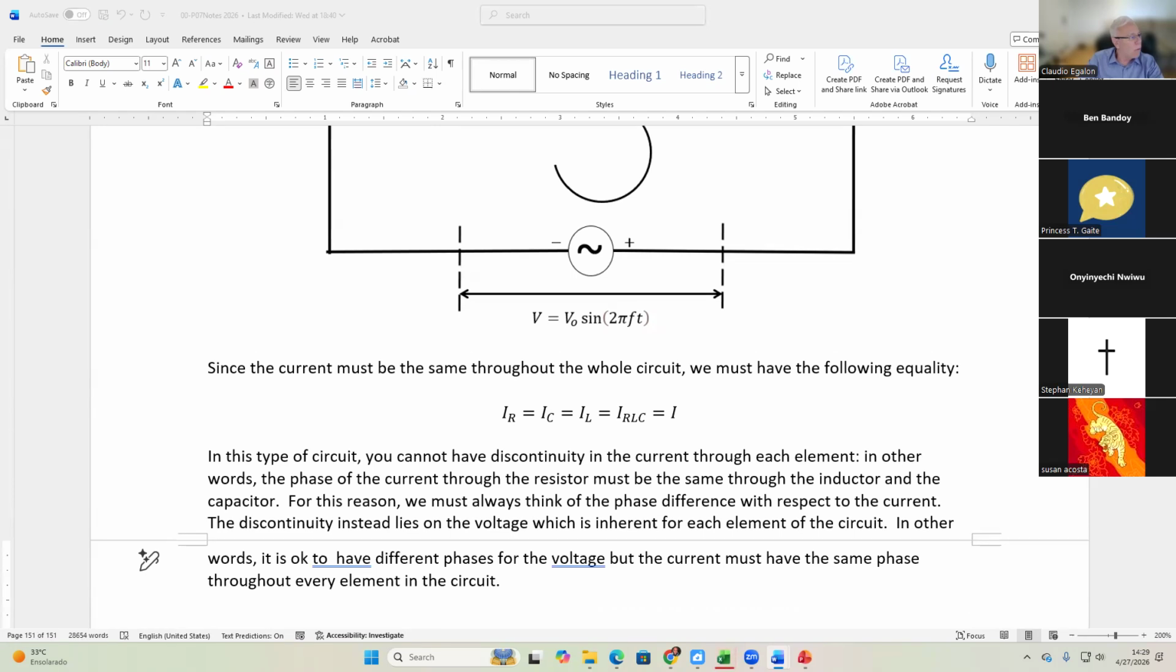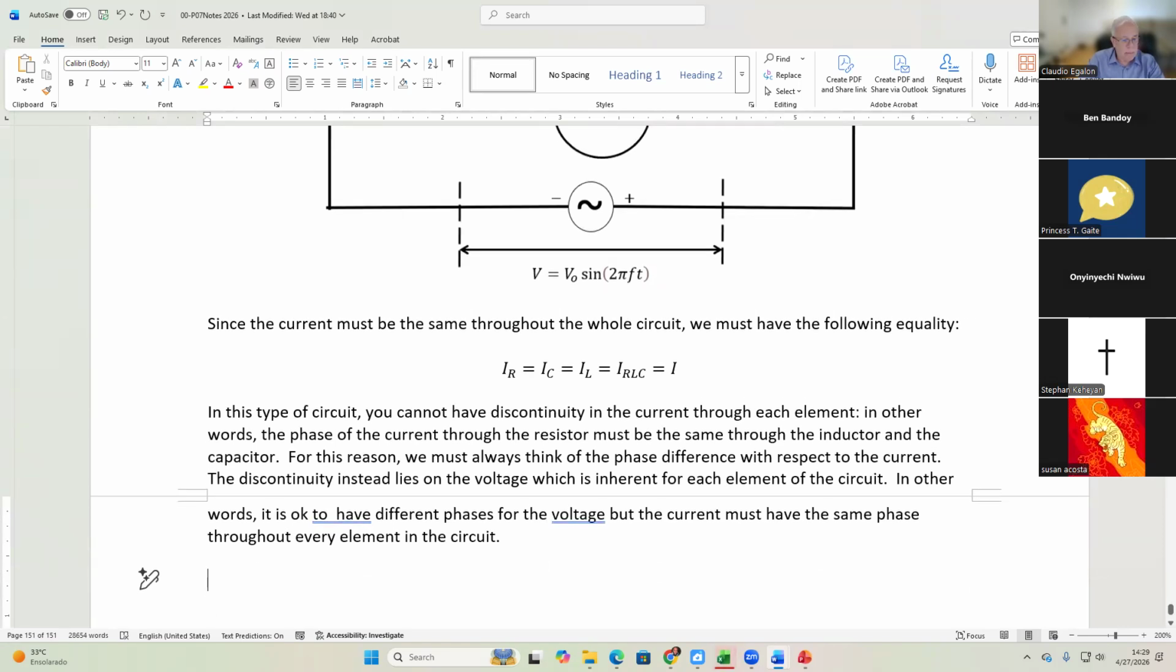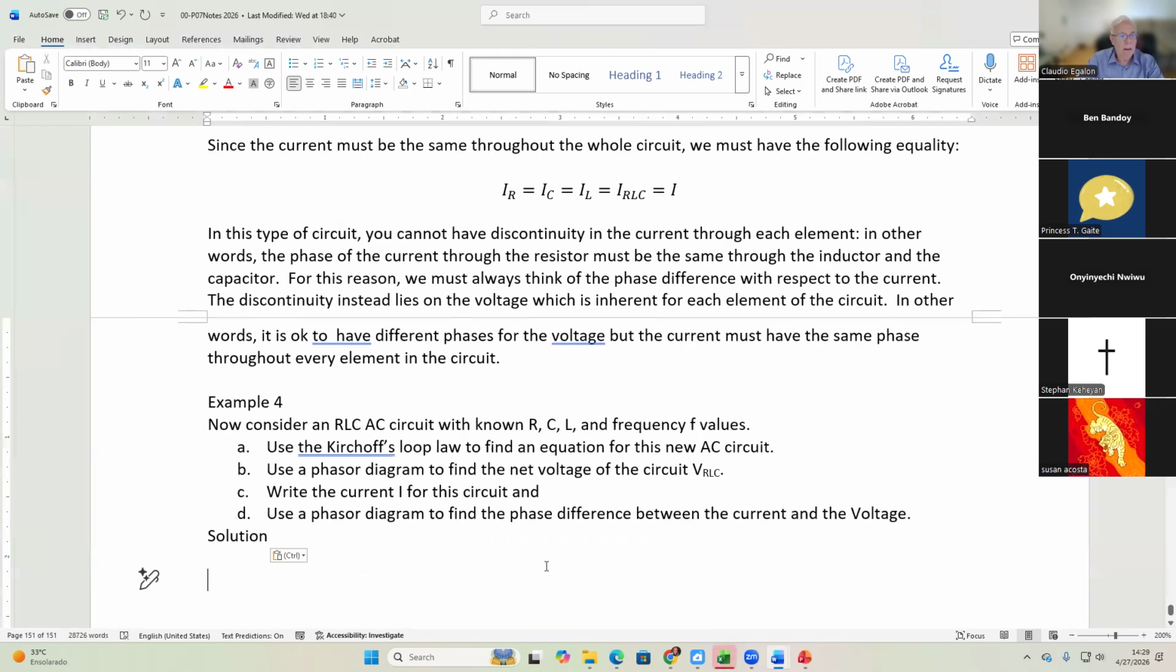And now we are going to solve another example. I'm going to call that example 4. Consider an RLC AC circuit with known R, C, L, and frequency F values. Use the Kirchhoff loop law to find an equation for this new AC circuit. Okay, so that's not difficult, right? So item A, using Kirchhoff loop law,